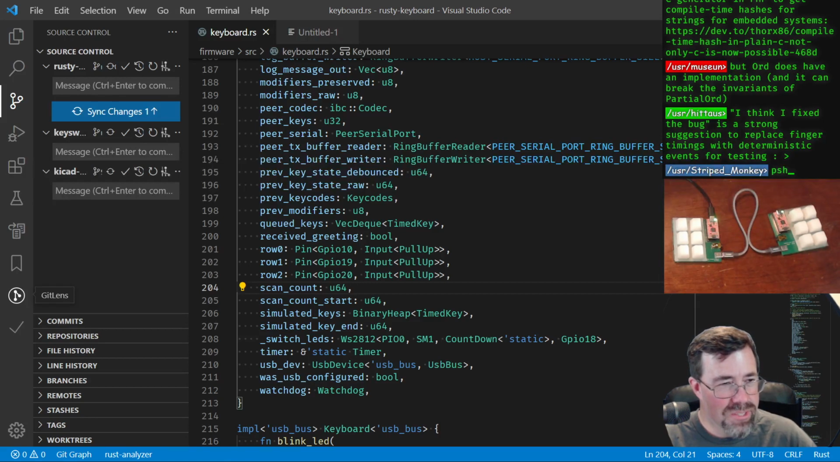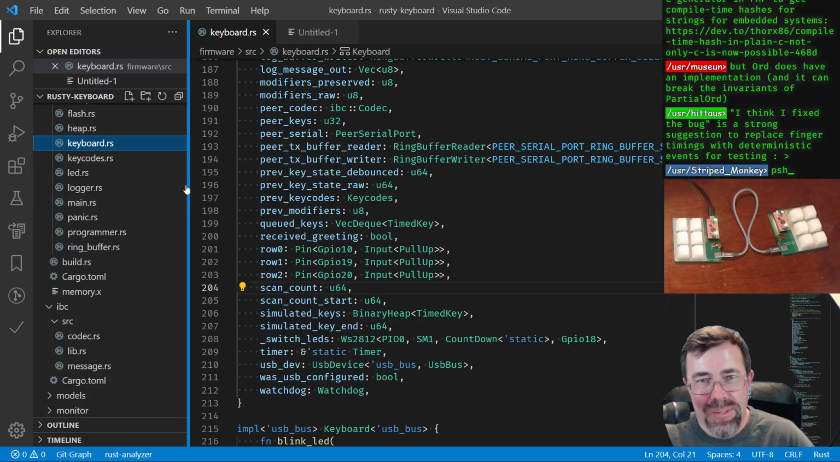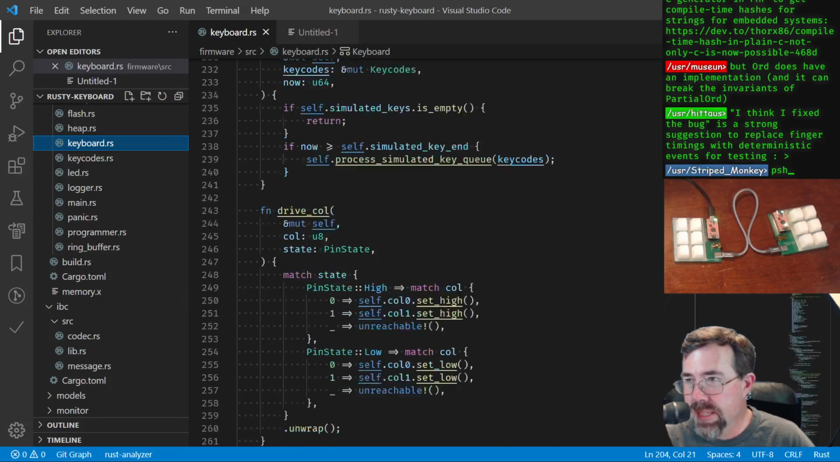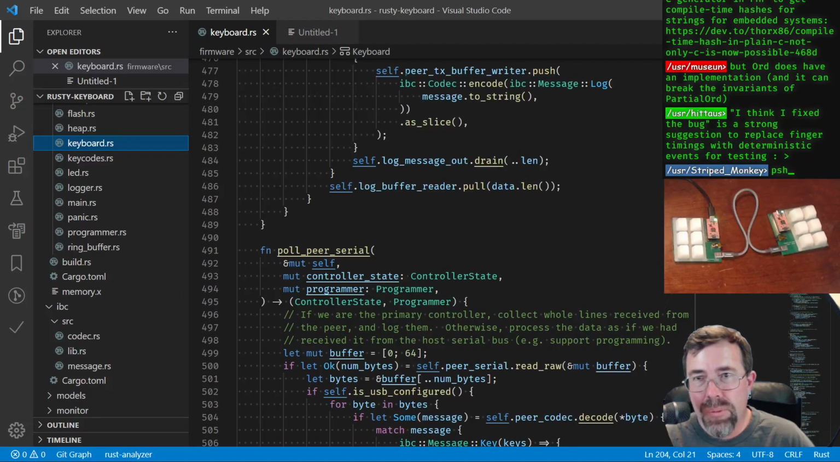I think I fixed the bug is a strong suggestion to replace finger timings with deterministic events for testing. I know, Hitas. You're right. That's what I need to do the next time I feel like refactoring. How about this? I promise that the next time I feel like refactoring, I will go into where this